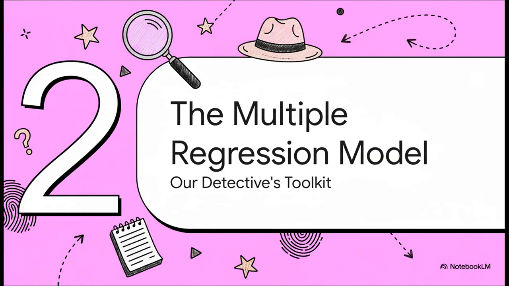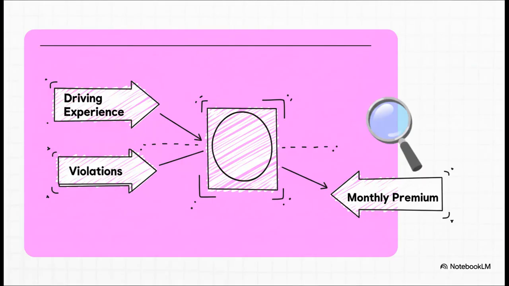So how do we solve this thing? Well, if looking at one clue at a time isn't working, we need a better tool for our investigation. And that tool is called multiple regression. Think of it as the ultimate detective's toolkit for data. And all that really means is that multiple regression is a way to build a mathematical story. It describes the relationship between several different inputs, like driving experience and violations, and one single output, which for us